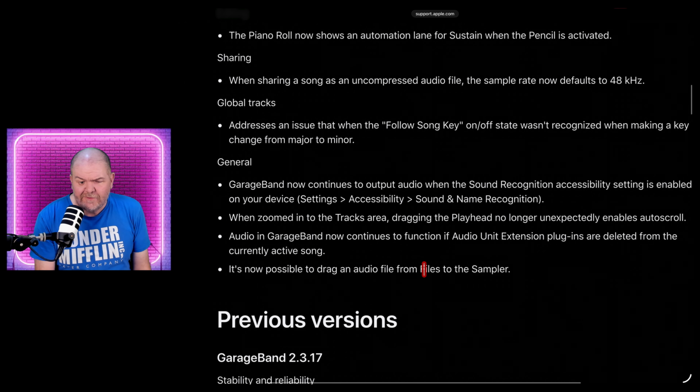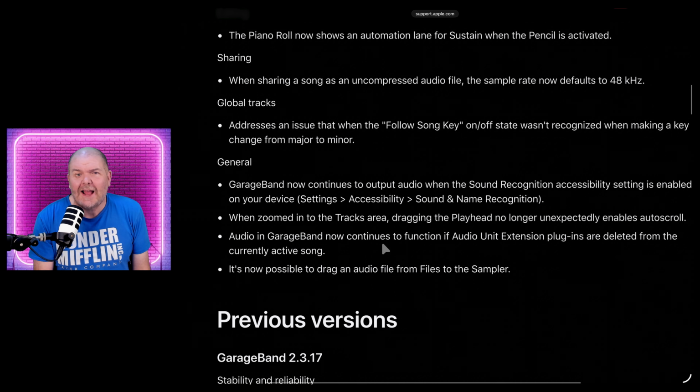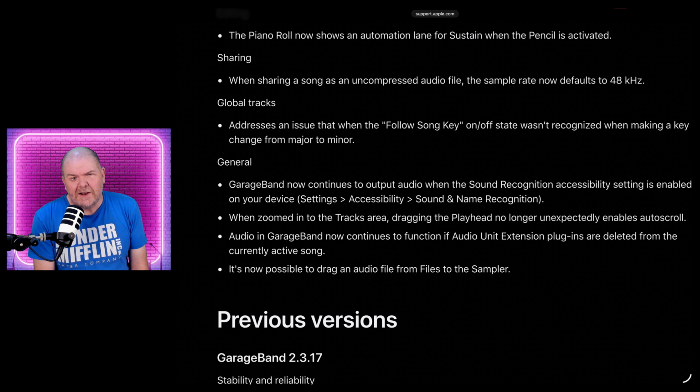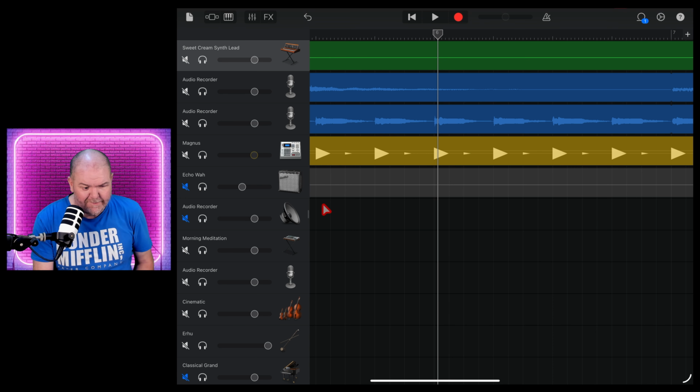Audio in GarageBand now continues to function if audio unit extension plugins are deleted from the currently active song. Now, I don't know whether this means deleted, as in you delete the plugin, the app, and it'll keep going, or what I'm thinking it is saying is if audio extension plugins are deleted from the currently active song. I can't quite get my head around what this means, but let's just pretend that